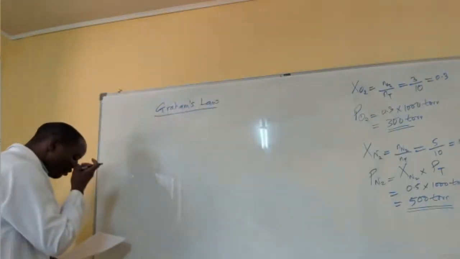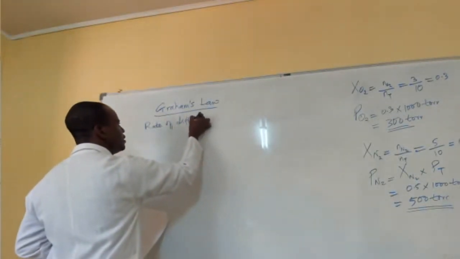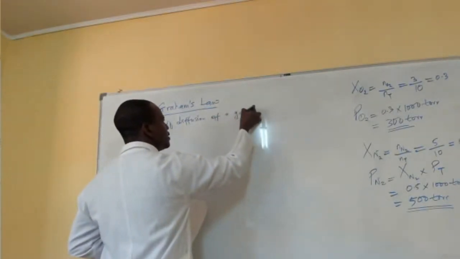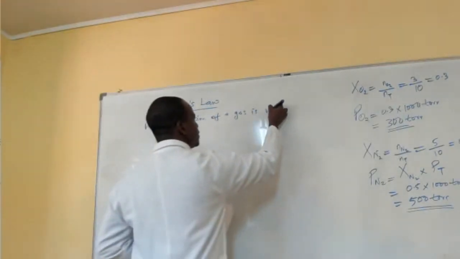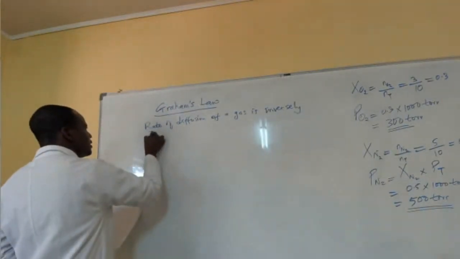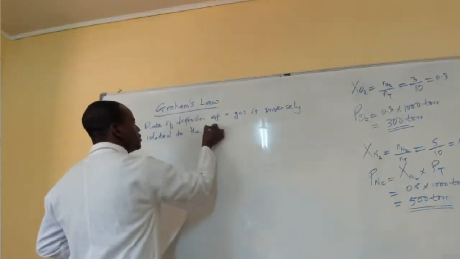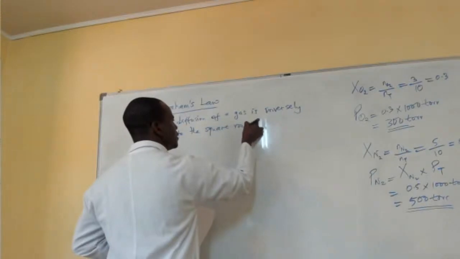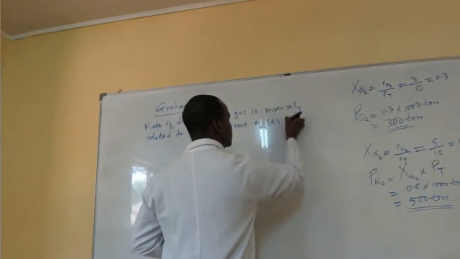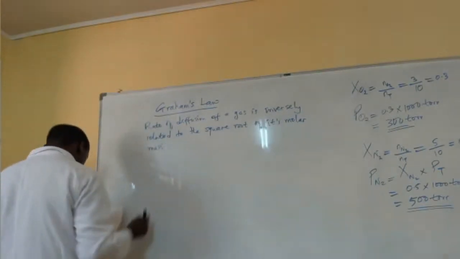So Graham's law states that the rate of diffusion of a gas is inversely related to the square root of its molar mass. So what this means is that